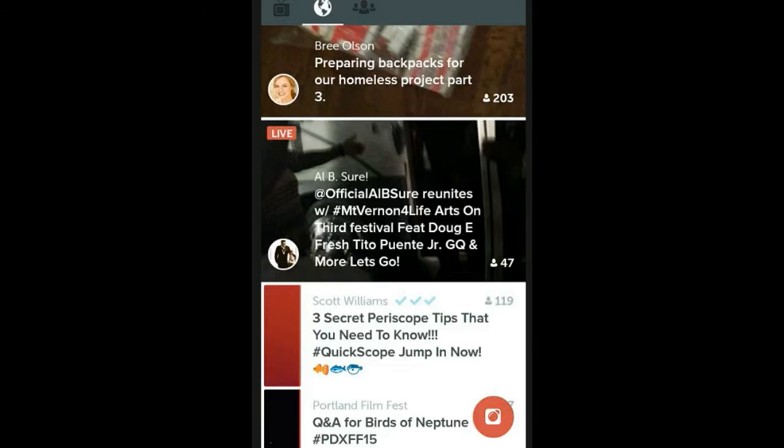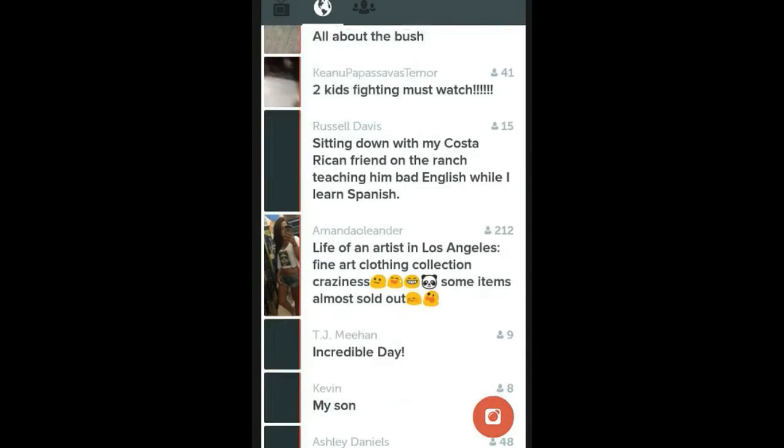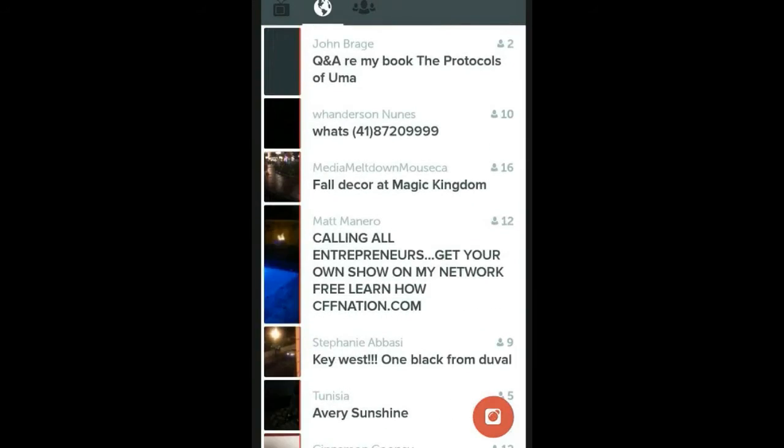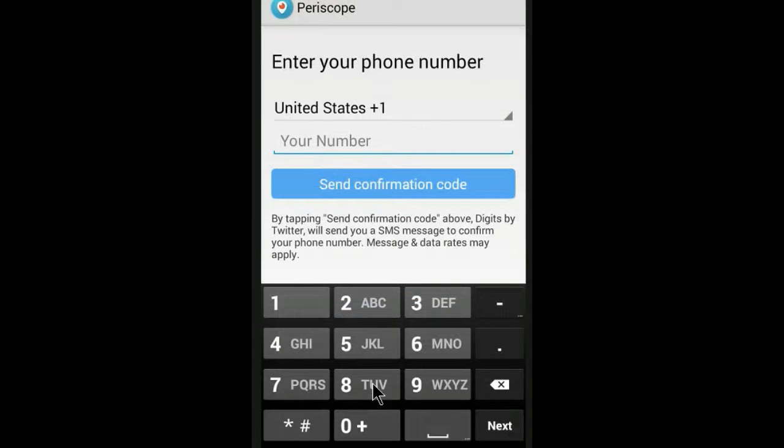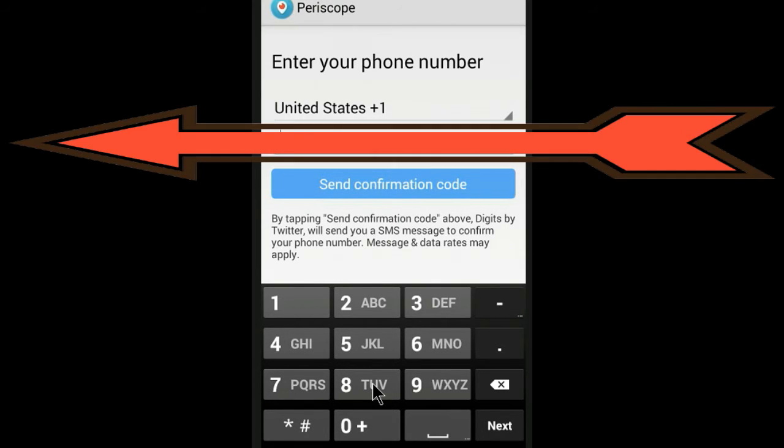So let me go back and see about not connecting it to your Twitter account. Let's click on sign in with phone number and see what that says. Now it's asking me to sign in with my phone number, and by tapping send confirmation code, Digits by Twitter will send you a message. I'm going to grab my mom's phone number, so let's get that real quick. Okay, I'm going to put in my mom's phone number